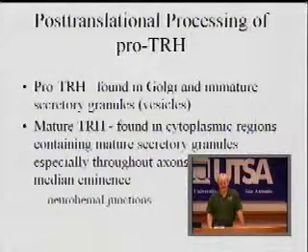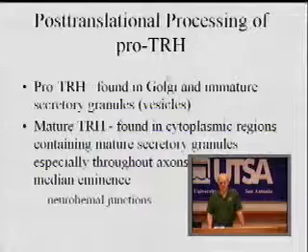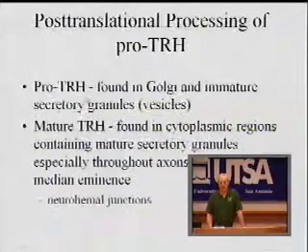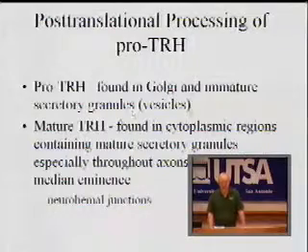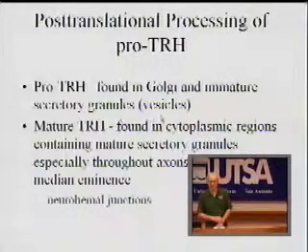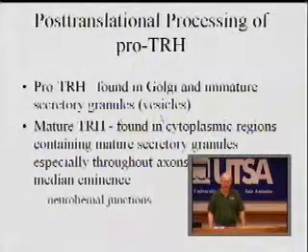Subsequently, the pro-TRH will progress through the ER, the transport vesicles into the Golgi, and even after the Golgi into the immature granule, secretory granules, or the type of vesicles for neurosecretory hormone,